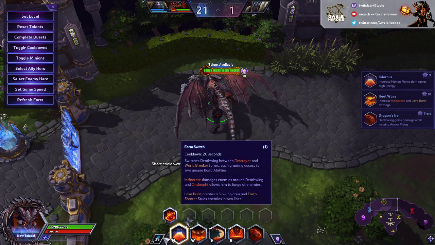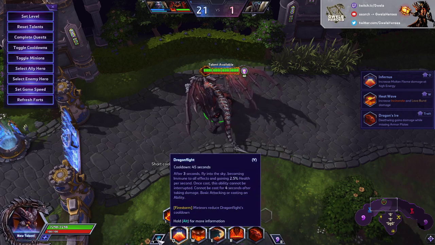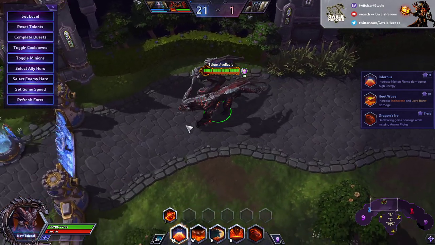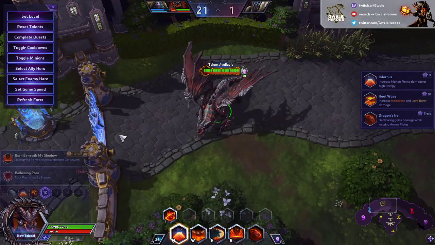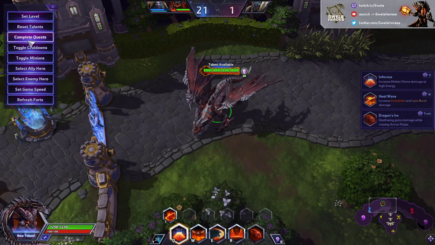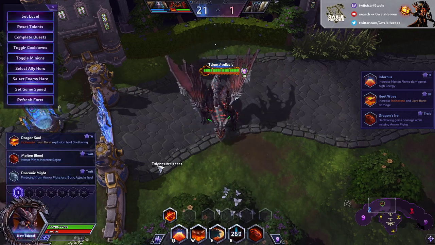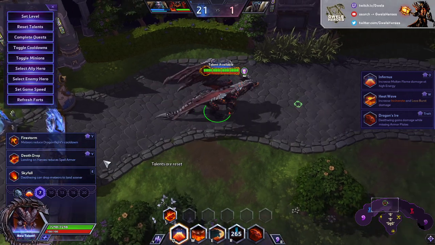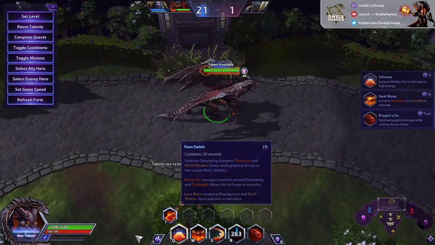And for each hit, your cooldown from the flight goes down. So you have the flight up more often, using more of the global, jumping from lane to lane. This is your choice: some more impact damage and more uptime of that one. Then we have Death Drop, which is